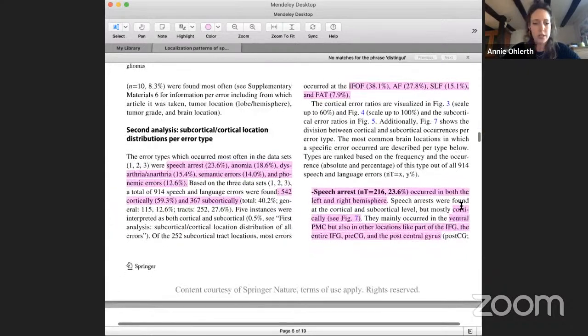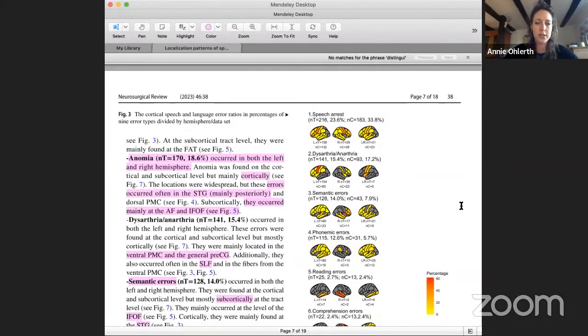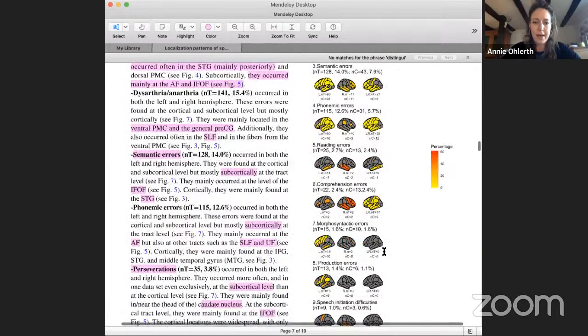I'm not going to go into detail when it comes to all of them. There's a figure summarizing that for those of you who are interested. For each of the error types, they came up with their own figure regarding left hemisphere cases, right hemisphere, and if there's a mixture of a tumor happening. Reading errors, for instance, seem to be nearly exclusively happening in the temporal lobe. You have usually very few morphosyntactic errors, so those are grammatical errors, and they seem to be only happening in the left hemisphere. So as you can see here in number 7,